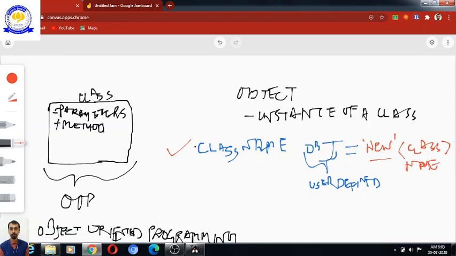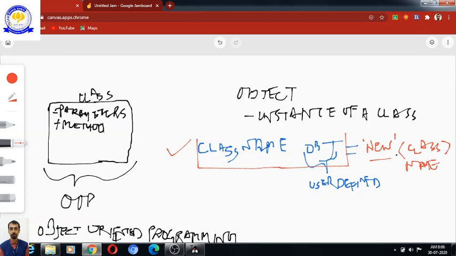I'll repeat again, this is the class name for which the object is going to use the template, or its blueprint. After that, this particular class may take values of a different class.